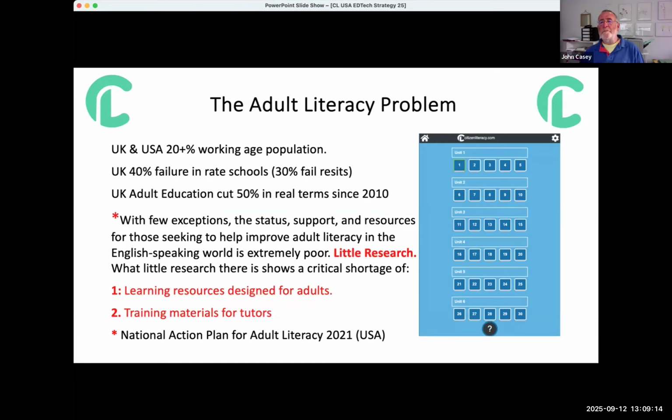Diane? Yeah, hello, I'm Diane. I'm hoping that a lot of you will understand the problems that you have in America, but it's just the same here in the UK. As we've got here on the screen, probably more than 20% of the working age population have a literacy issue, and there's a 40% failure in schools. I'll not read all of it out, but it just shows what the problem is, and we're trying to make a difference. First of all, because the